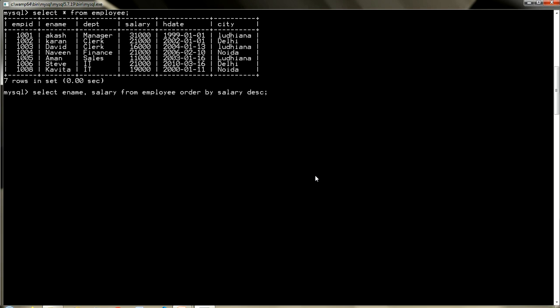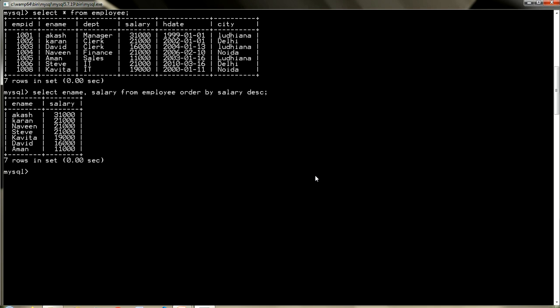So when you write down DESC, let me make you understand the query. The query was, I want to see the employee name along with its salary in descending order of its salary. So select e-name, salary from employee. After that you will write down the clause order by, and after order by you have to write the name of the column on which you want to apply the sorting. Sorting can be ascending and descending. So if you want to see the record in descending order, you need to write down descending, DESC.